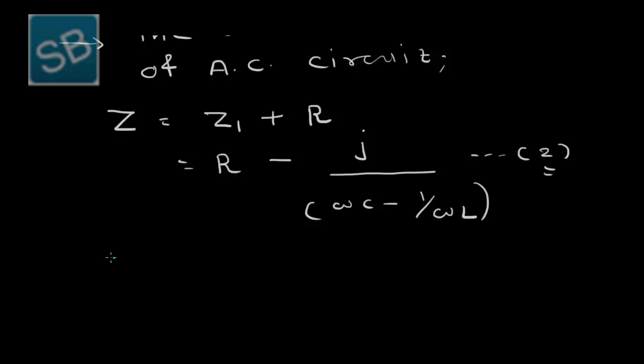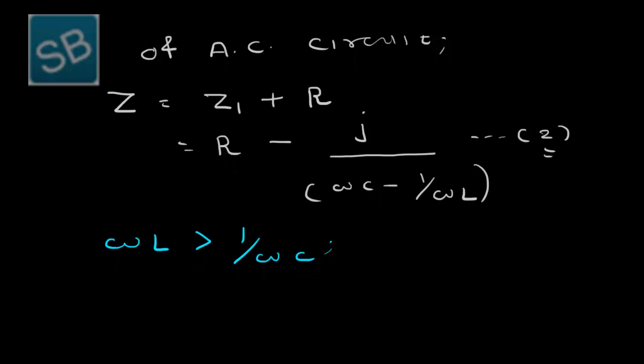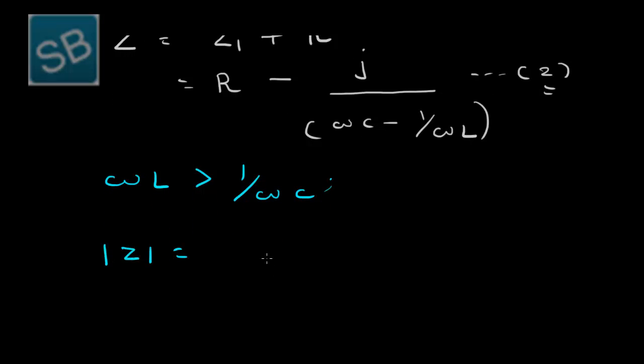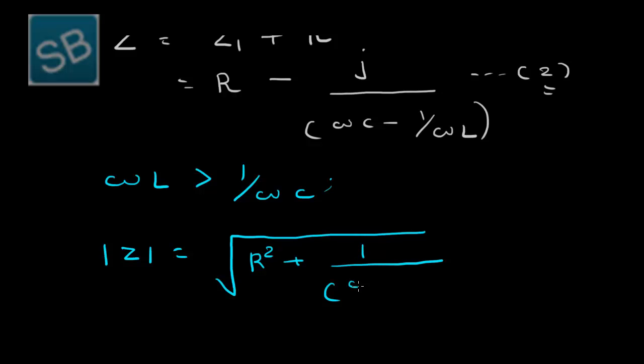Now here we are assuming that the value of omega L is greater than 1 upon omega C. Then I can represent the magnitude of Z as the square root of R squared plus 1 over omega C minus 1 over omega L, whole squared. So this is the third equation. If you use such values, where omega L is greater than 1 over omega C, then the relation between the real axis and imaginary axis of impedance is given by this figure, and this figure suggests that the value of delta is negative,